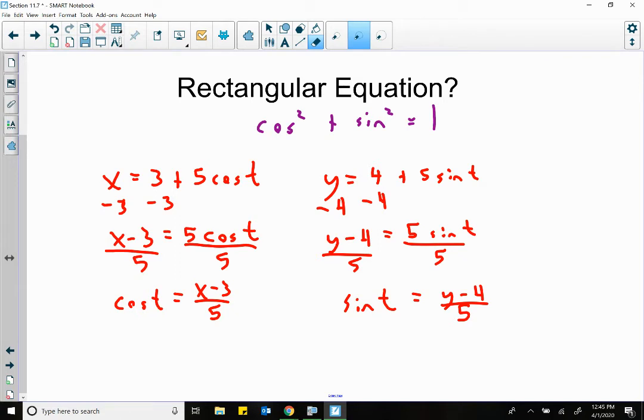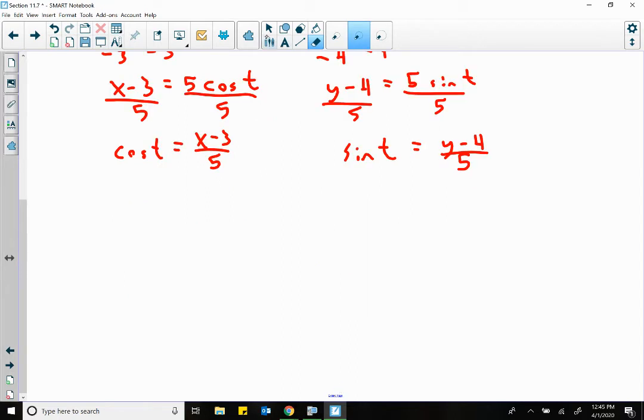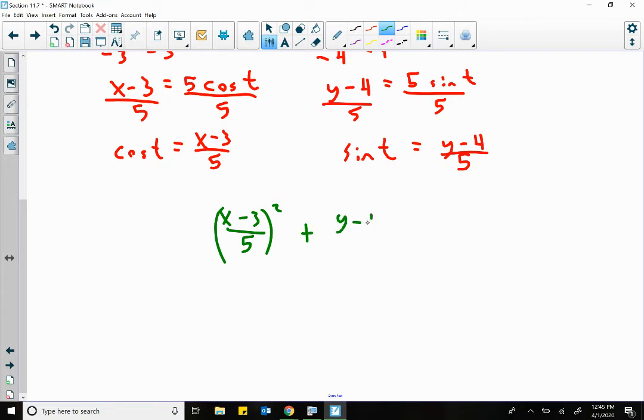So all we got to do now, since we know what sine is, plug the y minus 4 over 5 in for sine. Since we know what cosine is, plug the x minus 3 over 5 in for cosine. Easy peasy. So what we have now is x minus 3 all over 5, and it is squared because it was cosine squared there, and all we did was plug in the cosine, plus y minus 4 over 5